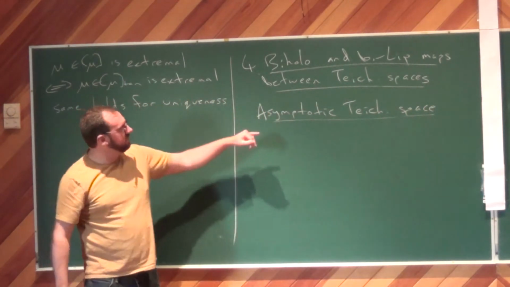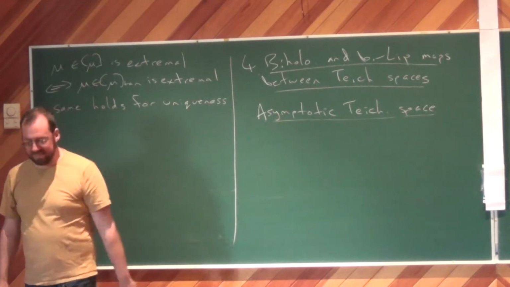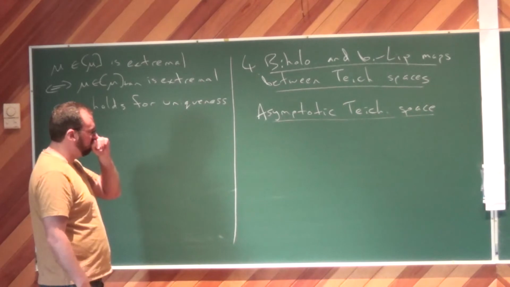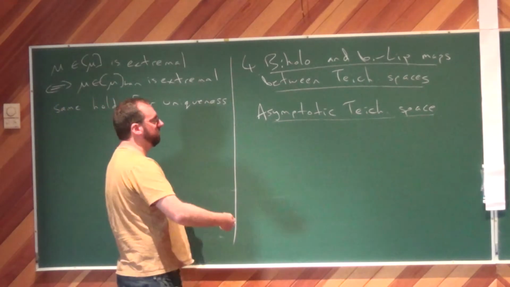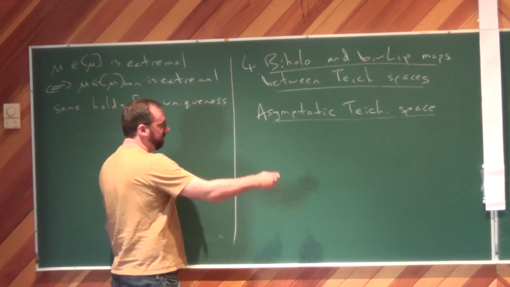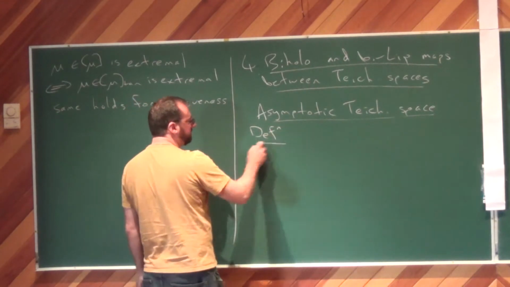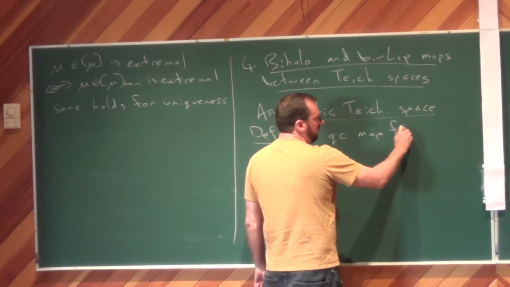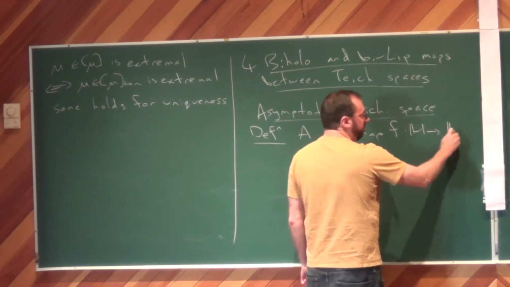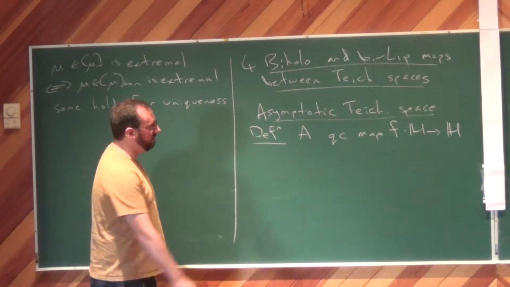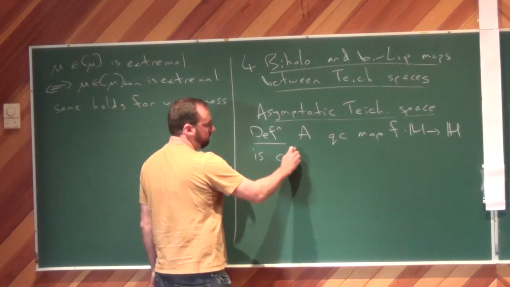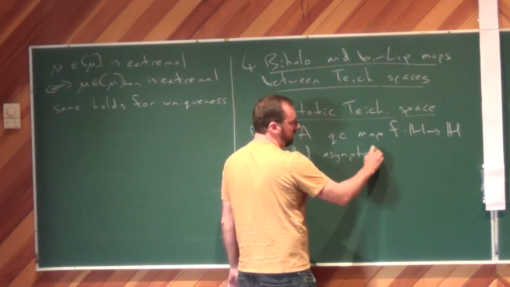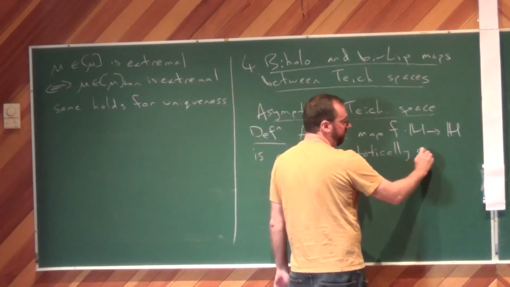The first thing I'll mention in this section is the asymptotic Teichmüller space, which is a variation on Teichmüller spaces. And well, we'll define it and we'll talk about some results on that a little bit later in the talk. Firstly, a quasi-conformal map from the upper half plane to itself is called asymptotically conformal